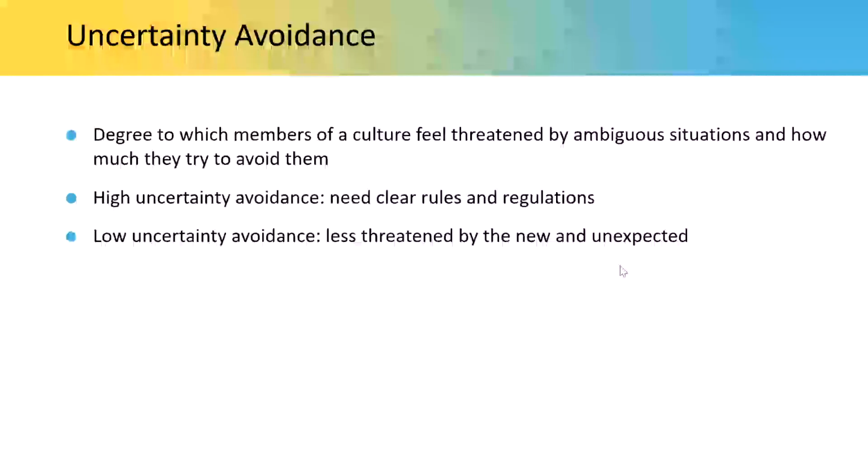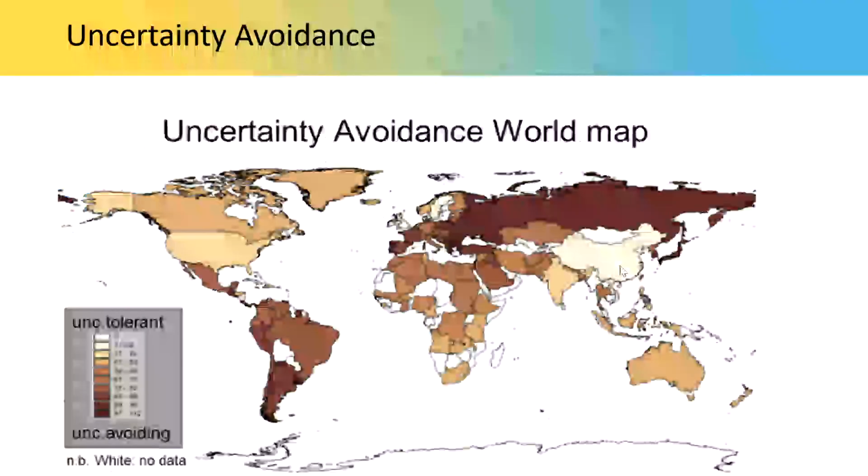Whatever happens, that's great. So this is not my background. I'm not a social scientist, even though I find it fascinating. But I suspect that this is one where there's a lot of individual differences within the larger culture. So when I ask students, where do you think the United States falls? People say, it probably falls a little bit more towards the high uncertainty avoidance. And when you look at it, nope, it's pale. Okay, it's saying, yeah, we don't mind. We're okay with uncertain situations. I'm not sure I agree on that one. This is one I think I want to explore on my own a little bit more.